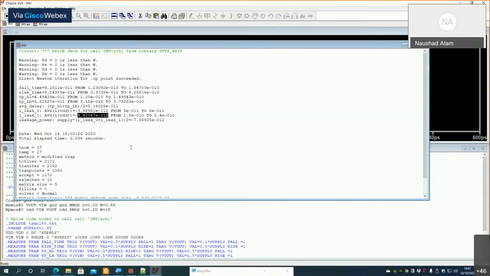So that's it. You have got the leakage current, and then you have got the leakage power also. So you can see that you have got the leakage power. So leakage power is 7.5 picowatts. Now let's go ahead,